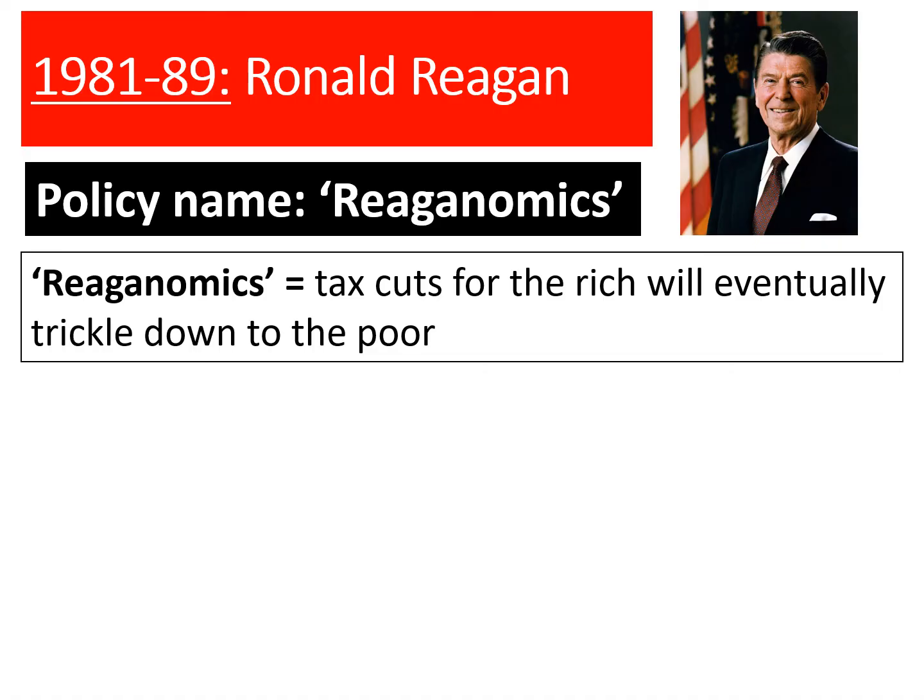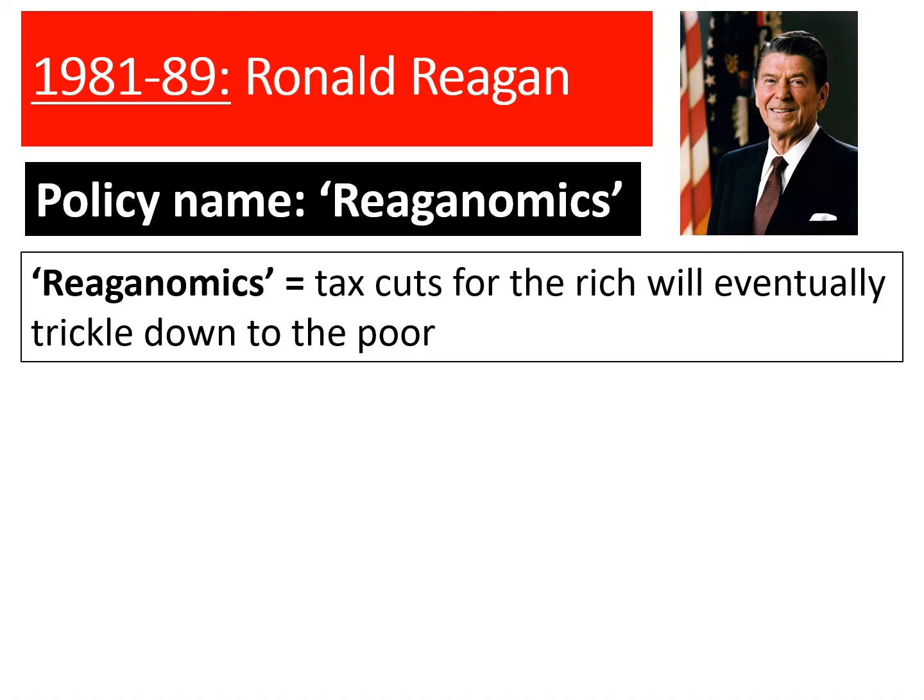Now, if you think about it in terms of a big business, like in our context, Amazon, if you cut the taxes for Amazon, which means they're paying less taxes, they're now making a bigger profit. That should trickle down so that they're giving more profits to their employees, or they can create more jobs. That should then trickle down to smaller businesses, maybe the businesses that Amazon used to receive goods from, or the postal services. They will then receive the benefits of Amazon making a profit.